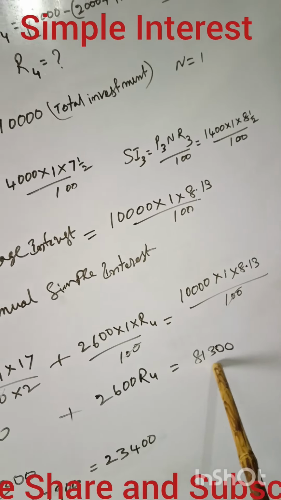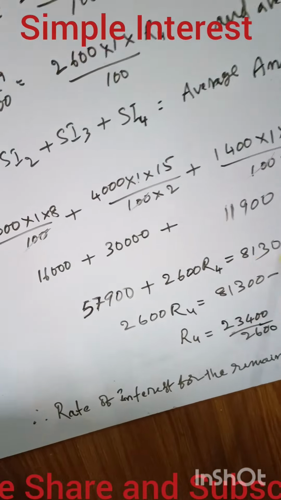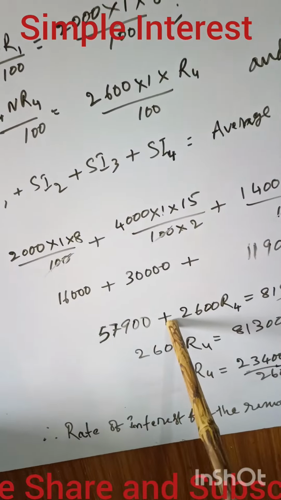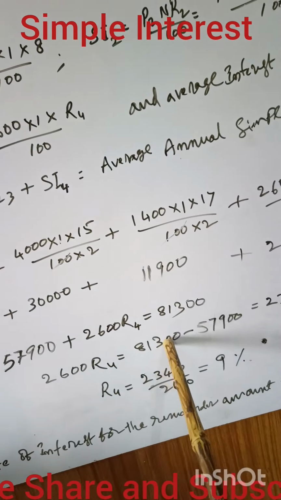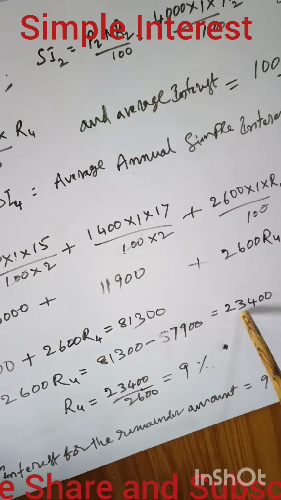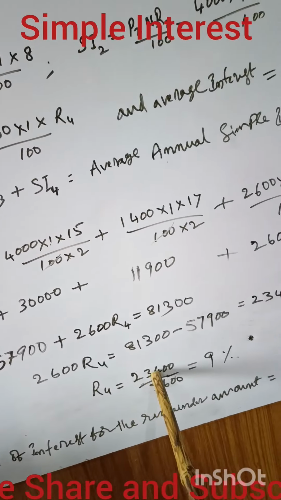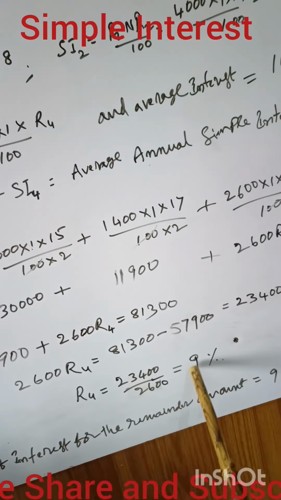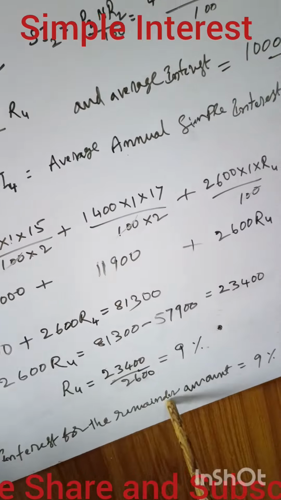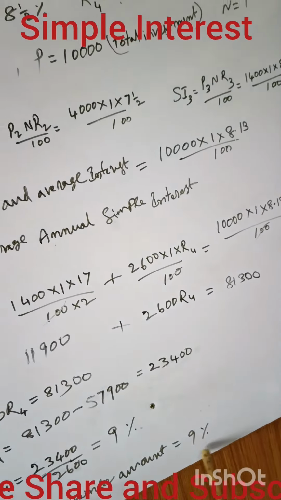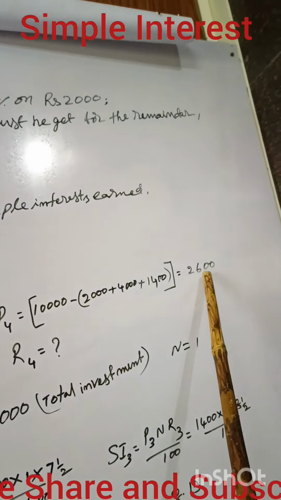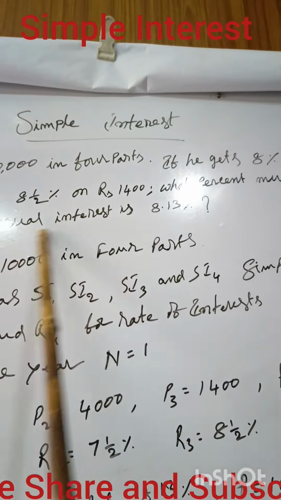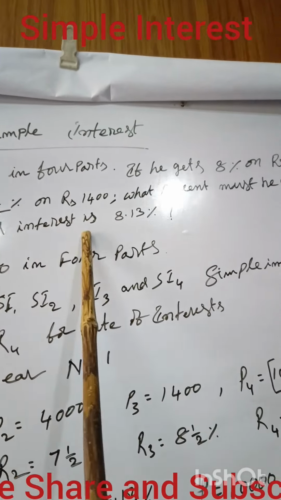Then the right side becomes 81,300. Summing these three, this one becomes 57,900. Then 2,600 R4 is equal to 81,300 minus 57,900, which is equal to 23,400. R4 is equal to 23,400 by 2,600, which is equal to 9%. So the rate of interest for the remainder amount is 9%. Therefore, if you use the remainder 2,600 at 9%, then that will give the annual rate of interest or annual income. The average is